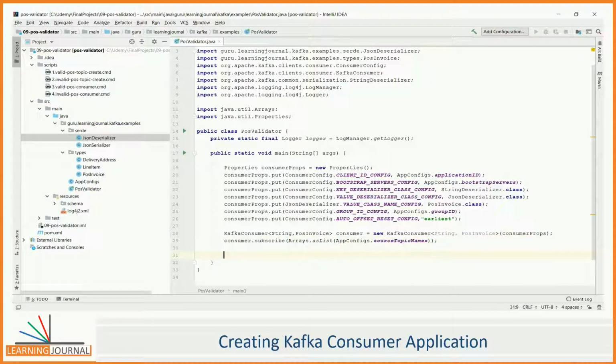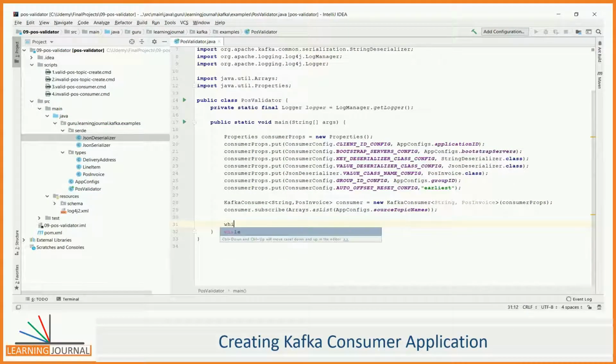Finally, the last step. Read the messages in a loop. Mostly, this loop would be an infinite loop. Why? Because we are expected to keep reading the records and process them in real time for the life of the application. This thing should never stop. So we need an infinite loop. Great. The next question is, how do we read? Let me write the code and then I'll explain.